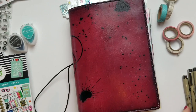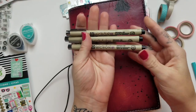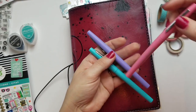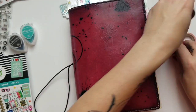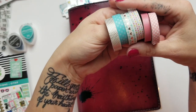You guys really seem to be enjoying these, so I thought I would go ahead and show you how I set up my June calendar. I'll be using these Pigma Micron pens, just various sizes of those. Also these Papermate Flairs, I think these are from the Candy Pop colors. I've also just picked out some of my favorite washi that I thought I would use for the color palette